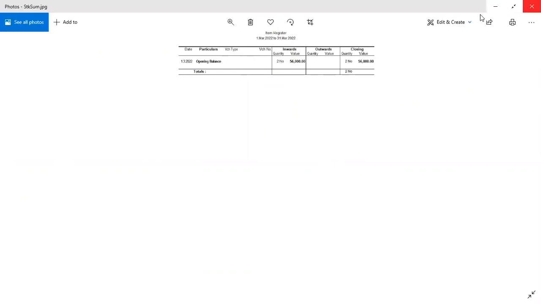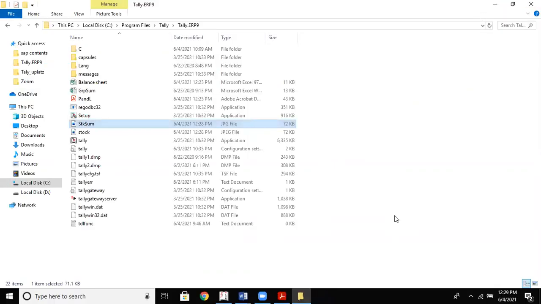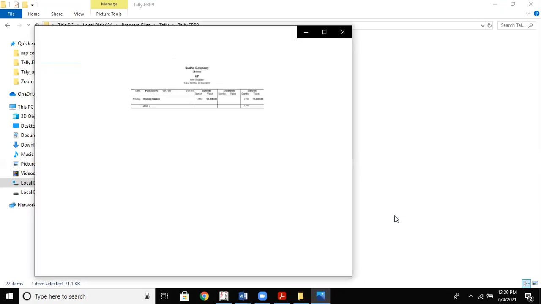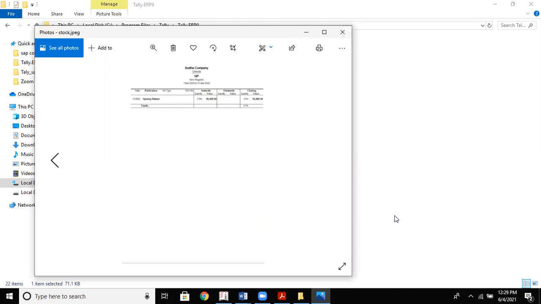Here. So your opening balance, your quantity, closing balance. So this is in your JPG format. Okay. Another we have done, stock. So you can see that also. Yeah. You can see this is an image format. So it is shown to you in the image format.